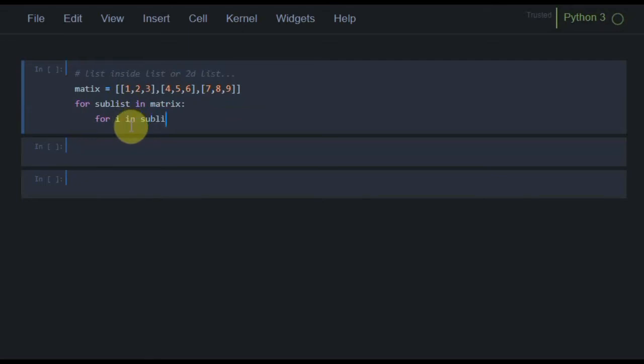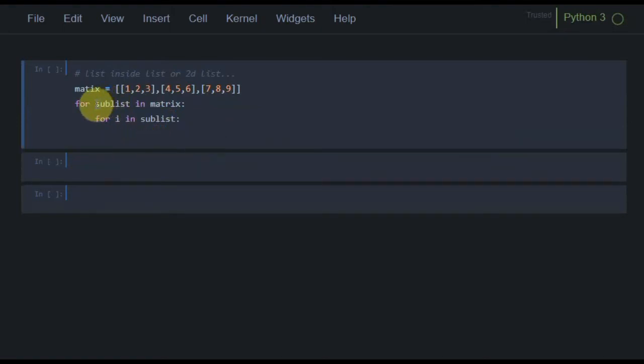Sublist contains each sublist from the main list one by one, and this i contains each item from the sublist. So I can directly print i here. As I run this program,